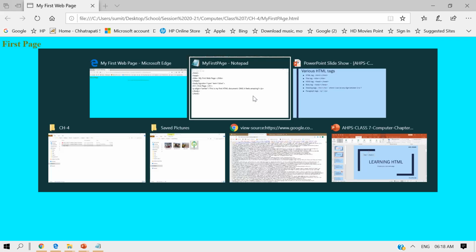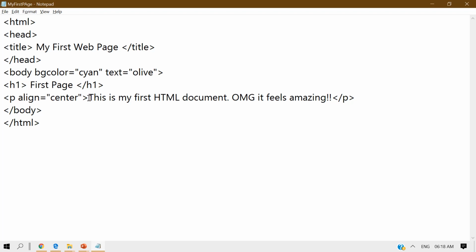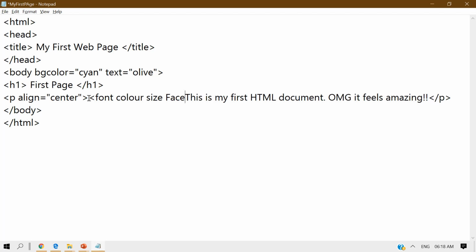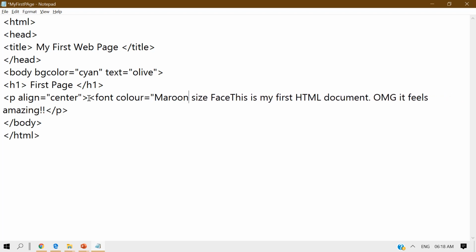Now for the text we can use a font tag. So let's go for font. Okay, in font you have attributes like color, size and face. Okay, so color defines the color of the particular line that you are writing. So if I say color and I say maroon, so this text will become maroon. Okay,